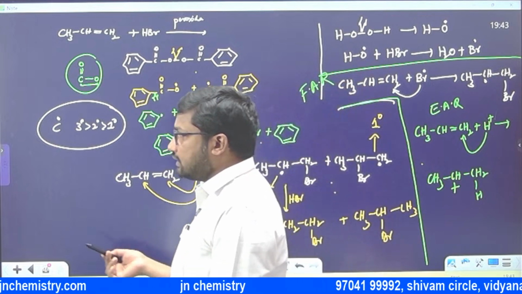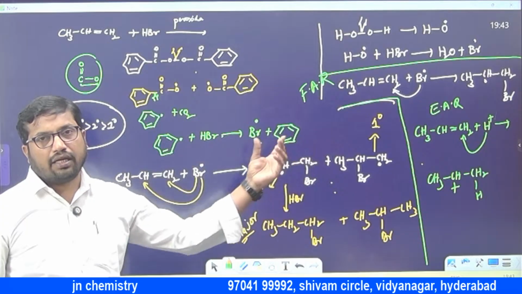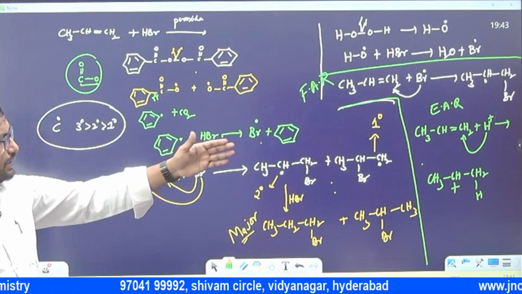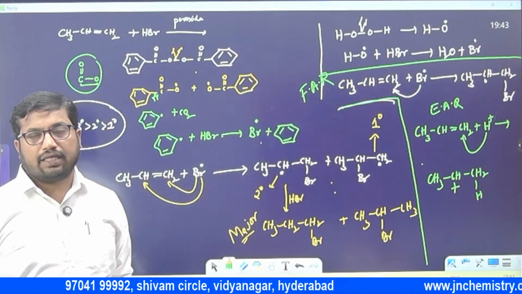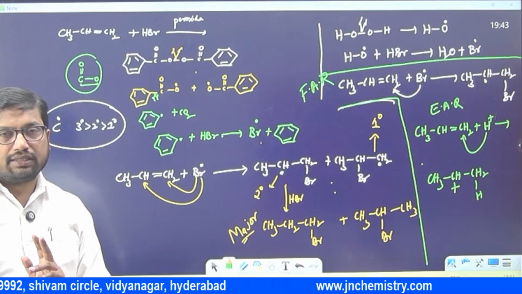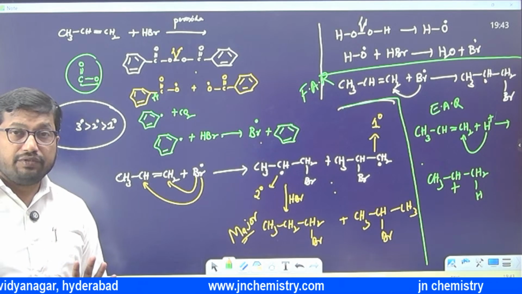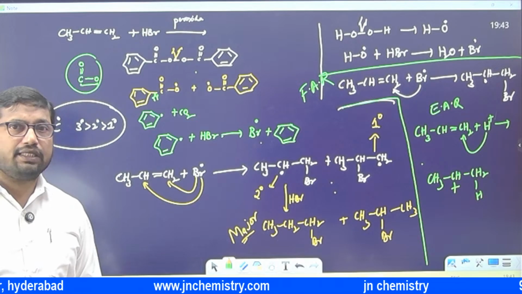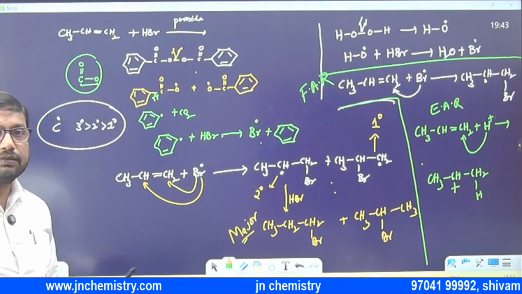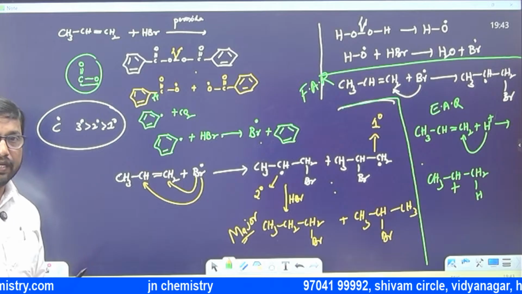In free radical addition reaction, Br radical is simply attacking. In electrophilic addition reaction, H plus is attacking. And the product is determined by the stability of the intermediate: in one case carbocation is forming, and in the other a carbon free radical. One more important thing is that carbon free radical undergoes no rearrangements, because it's an endothermic reaction. Carbon free radical does not undergo rearrangement or ring expansion. Only in carbocation cases do ring expansion and rearrangement take place. Okay, now